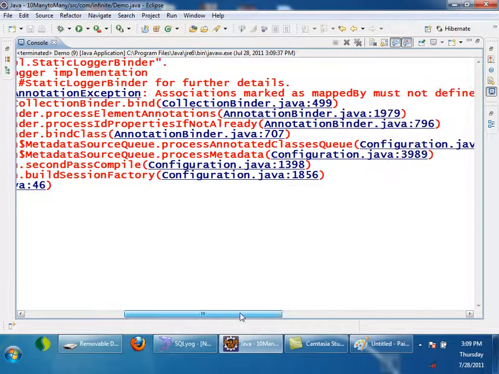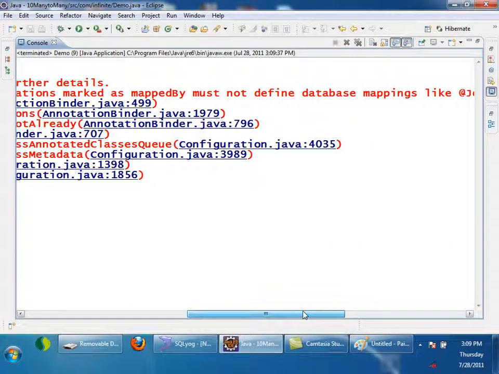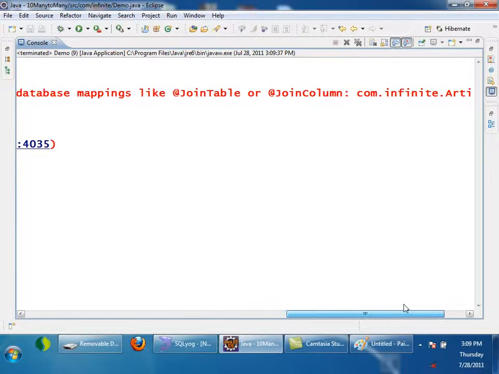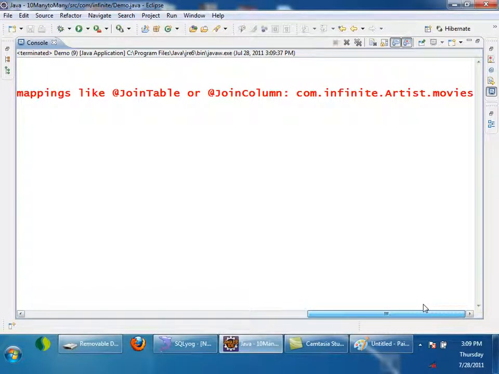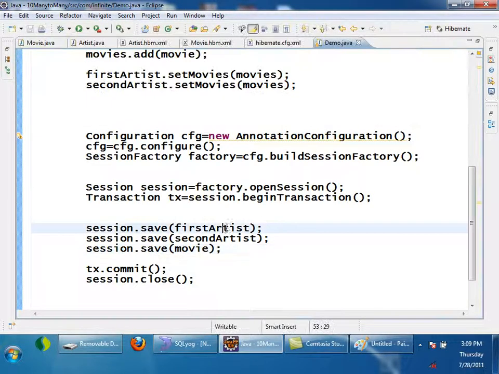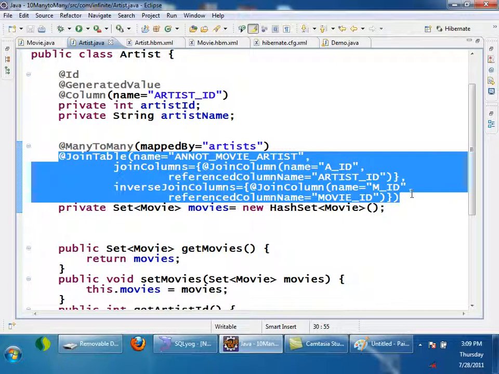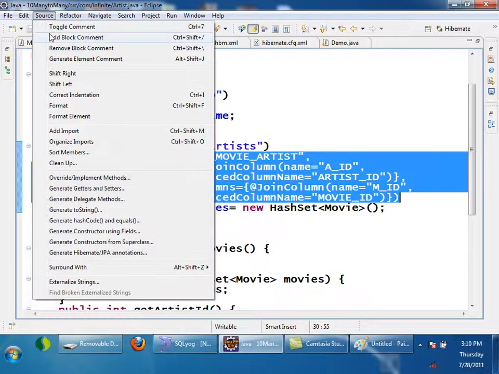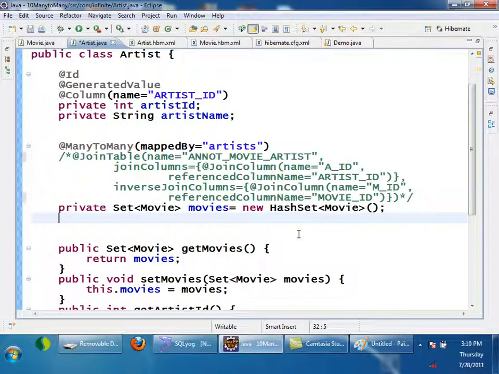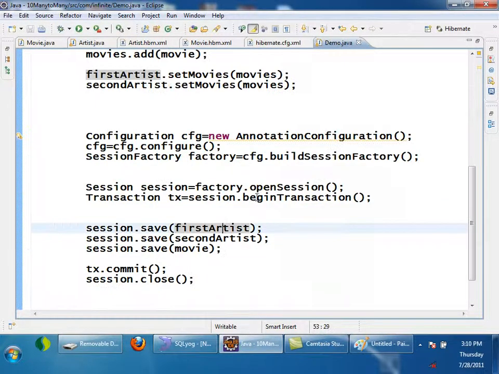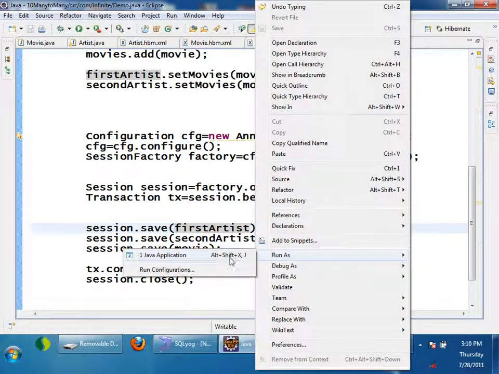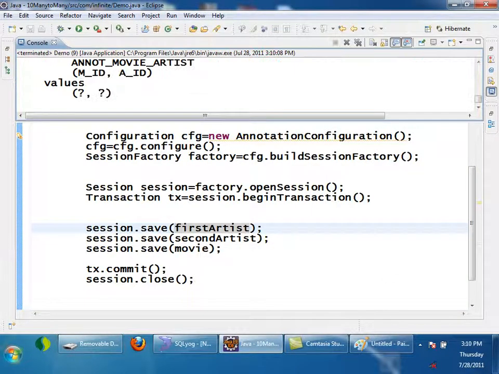Associations marked as mappedBy must not define database mappings or join column. Okay, so it means that this is not required. Now I'll run it. Yeah, it is working.